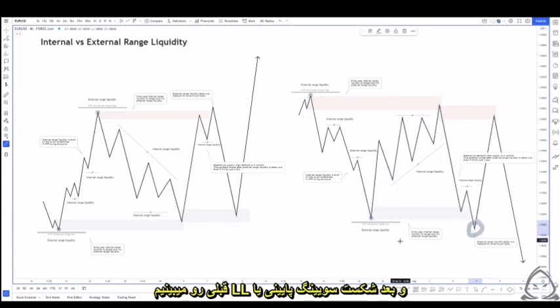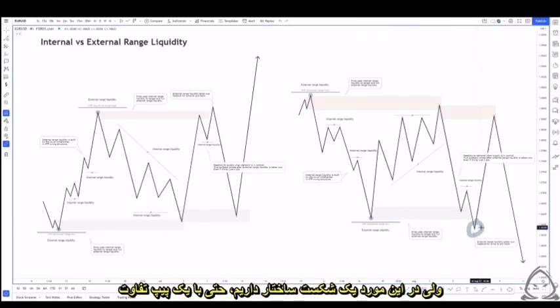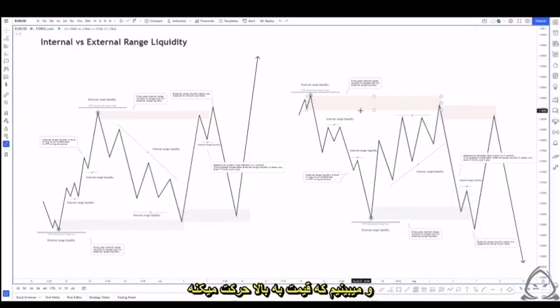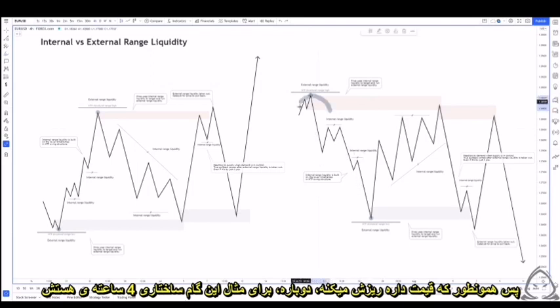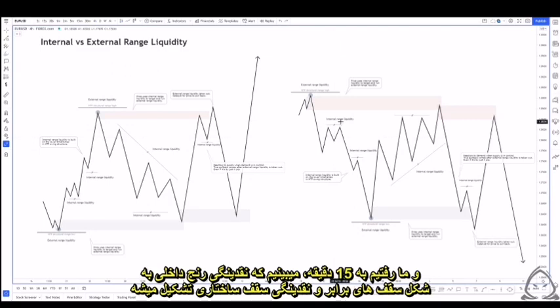And then we see a break of the previous swing low, or lower low, creating a new lower low. But in this case, we have a break of structure even by a pip. And then what we see is price moves to the upside. So as price is dropping down, again, say this is a 4-hour structural leg and we move down to the 15-minute, what we can start to see is internal range liquidity being created in the form of equal highs, structural